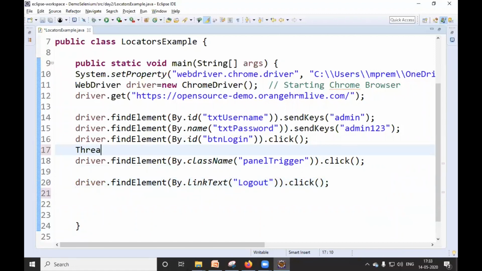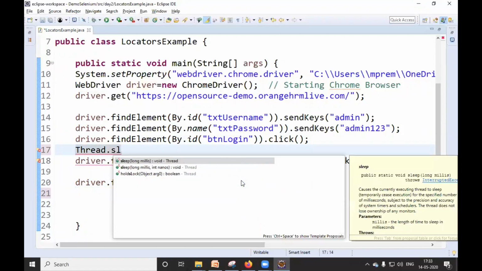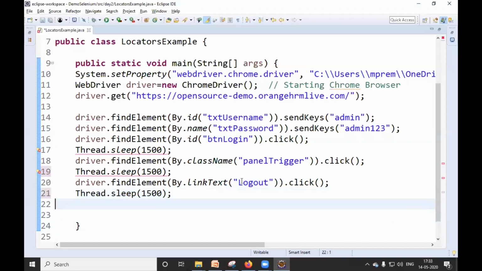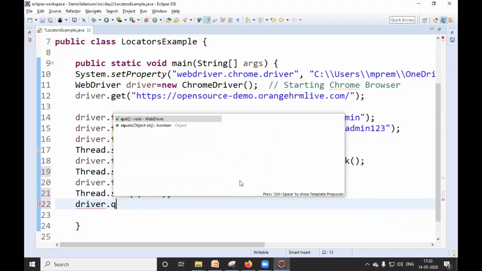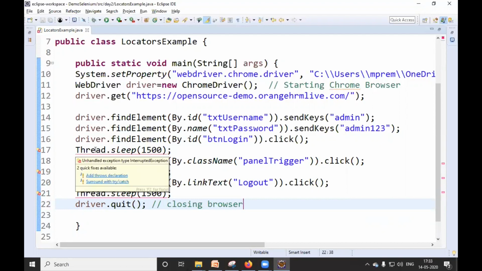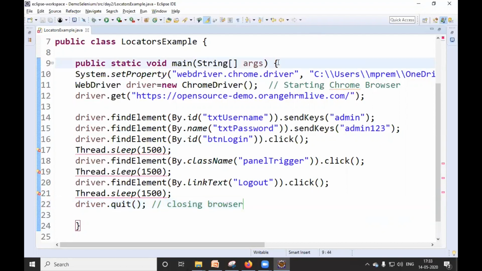I will add Thread dot sleep here so that you are able to see properly. 1500 milliseconds as a sleep, and after this I will call driver dot quit, which means I will close the browser. Now it is asking to handle the exception. I will not handle it, I will throw the exception.